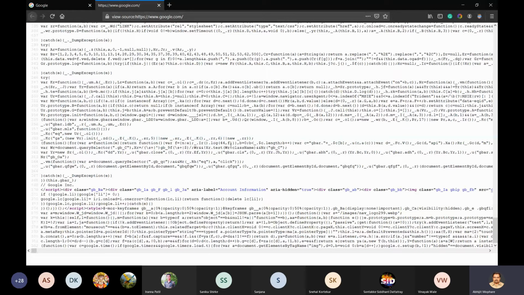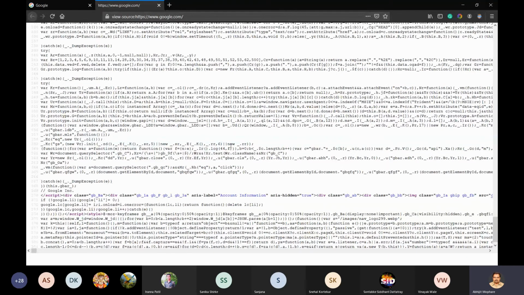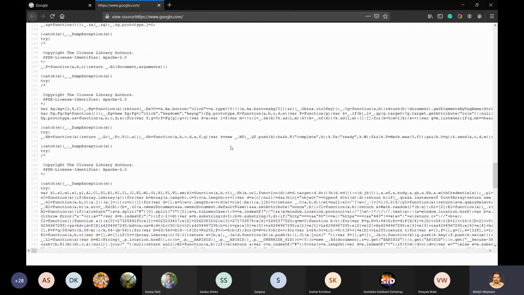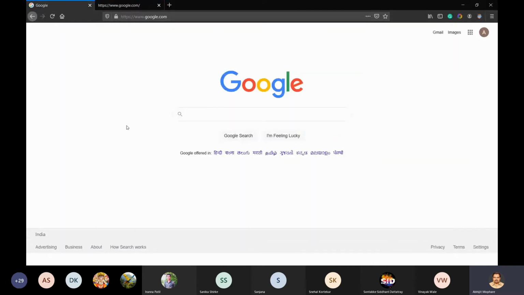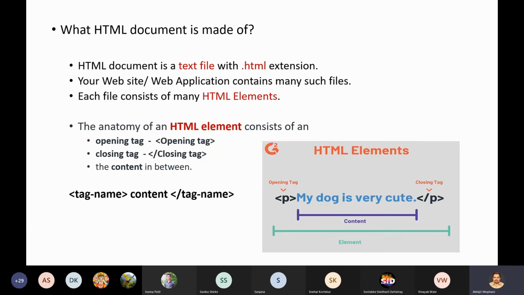This is how the DOM tree is internally represented in memory, and then it applies the cascading style sheet, that is CSS styles, on that page, and then you will find such a look and feel, right? So let us understand what this HTML is.